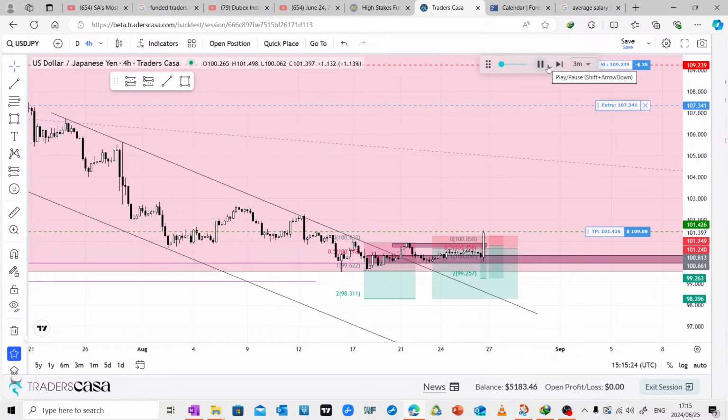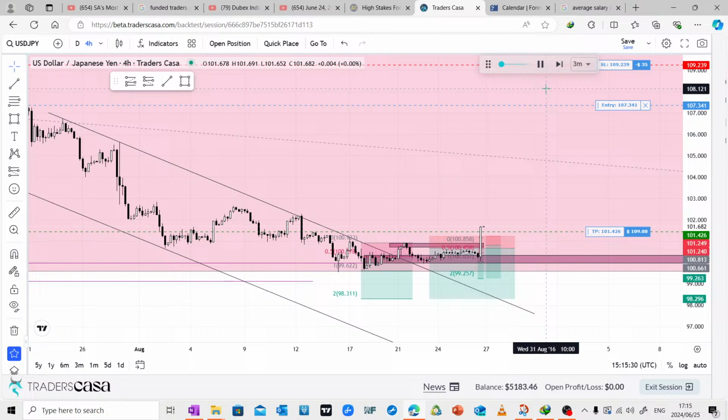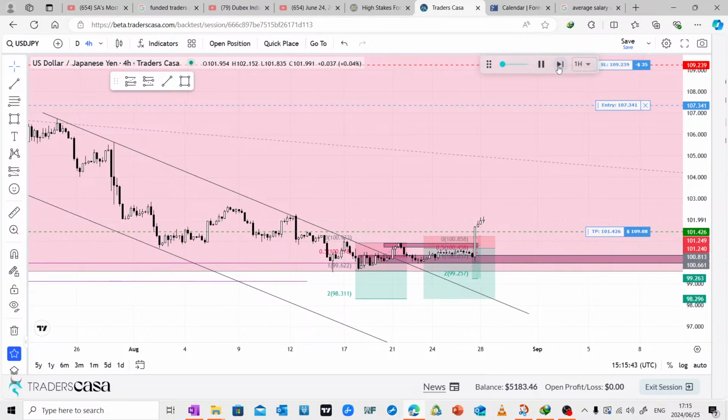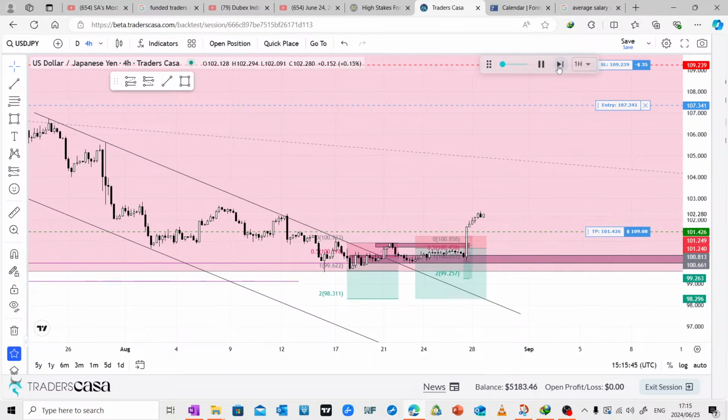Yeah, the daily time can't play. So we're waiting for a pullback into this region so that we can buy with the market. So waiting for a pullback